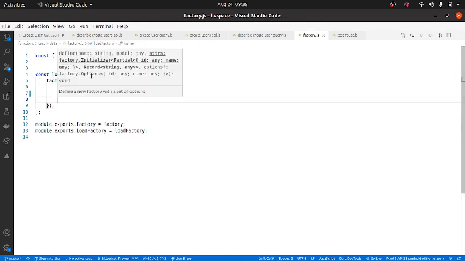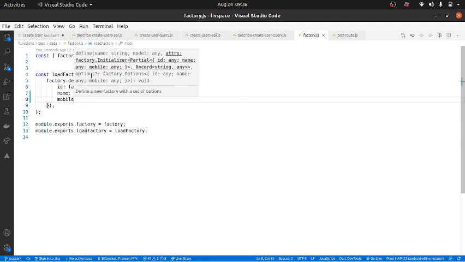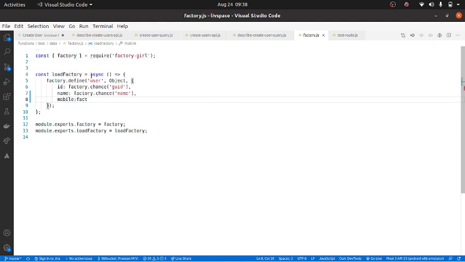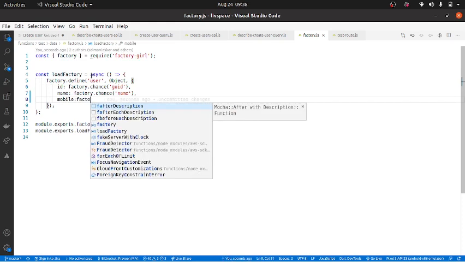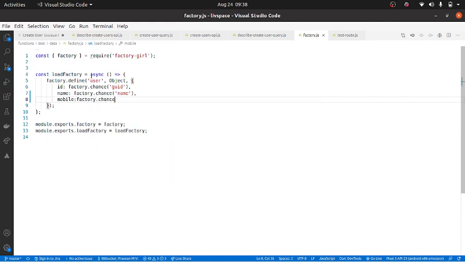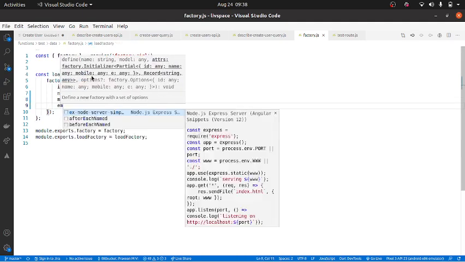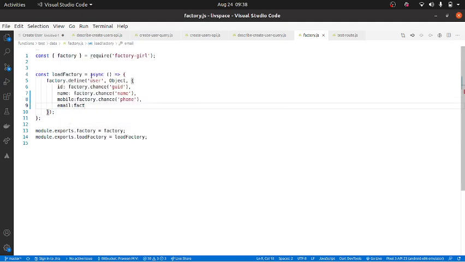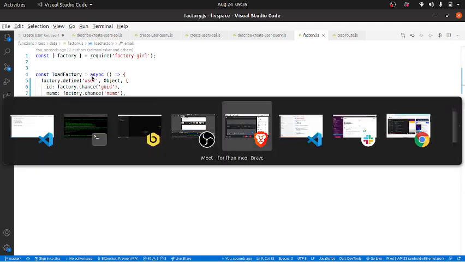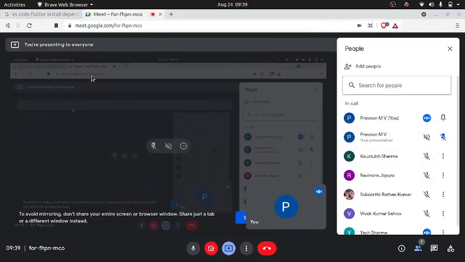Name. Let me just take a look at this mobile. Is it factory dot chance, and I think it is phone, as per I remember, and email will be factory dot chance email. So if anyone knows, please confirm if that is correct, or else I'll have to check. I think it's mobile.